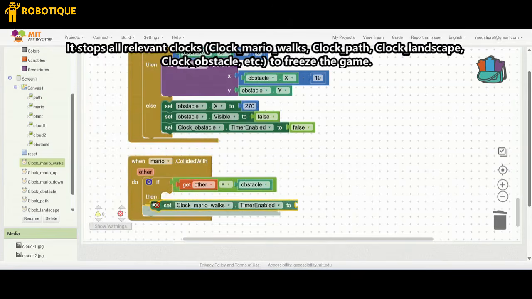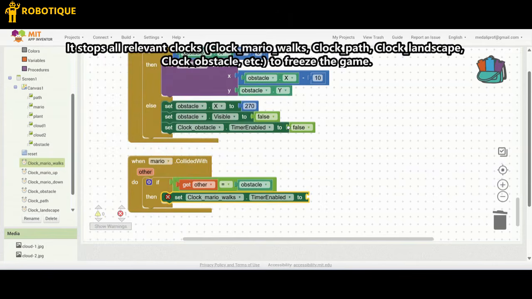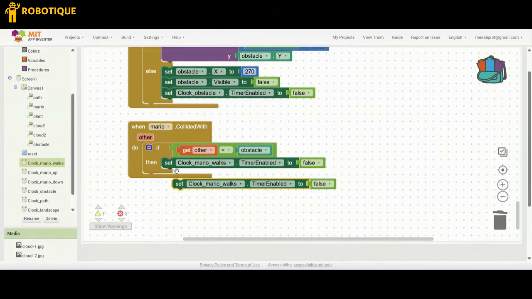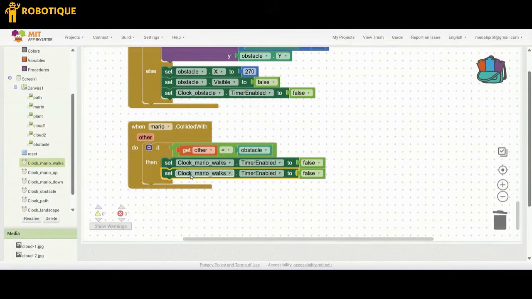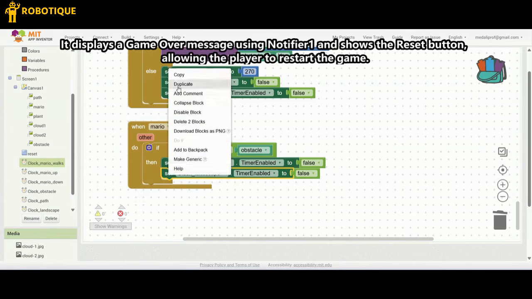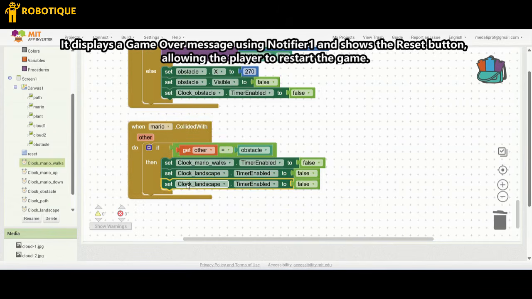It stops all relevant clocks, clock_Mario_walk, clock_path, clock_landscape, clock_obstacle, etc., to freeze the game. It displays a game over message using Notifier1 and shows the reset button, allowing the player to restart the game.